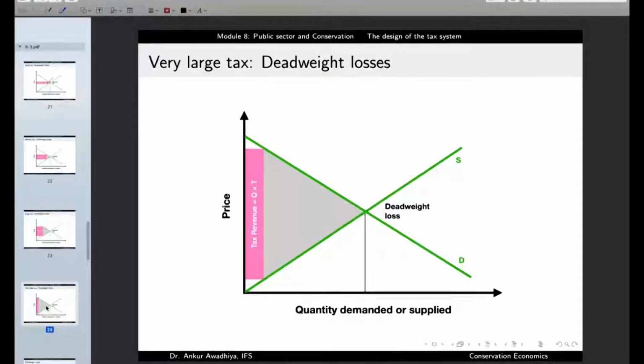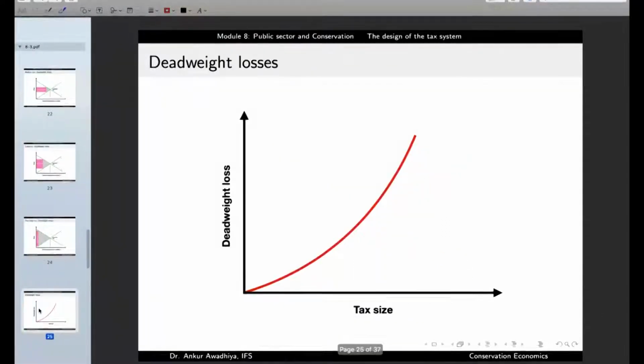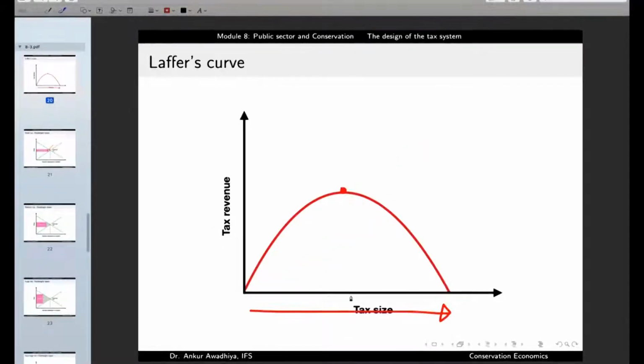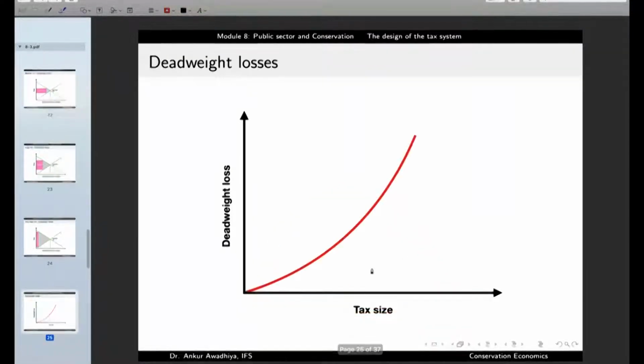And it goes on. So in this case, we are not observing any maximization of the deadweight loss or any point of minimization, but it is just that as the tax size increases, the deadweight losses also increase. But this raises an important question for the government, because earlier when the government was looking at the Laffer's curve, then probably this much was the optimum size of the tax. But if we look at this curve, at this optimum, the deadweight losses are already too high.